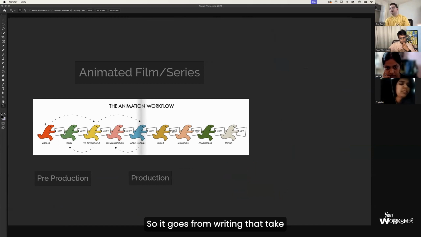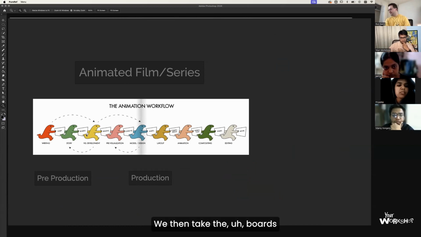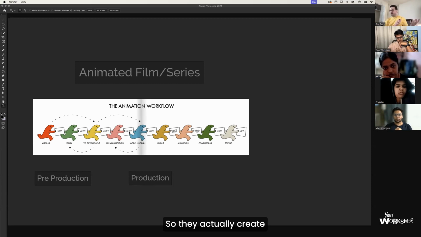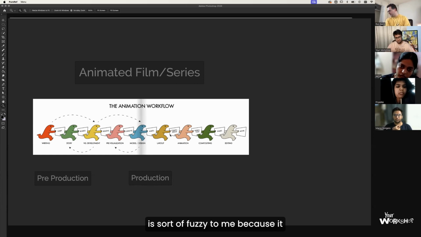So it goes from writing that takes the script to storyboard artists, who then take the boards to visual development. And then they take the designs to previs, which is sort of like blocking out of 3D models. And then the modelers take those rough blockouts and they actually create the final designs, then layout, animation. All this is sort of fuzzy to me because it doesn't really apply to what I do. So I don't know. I can't speak as much to these things, but these two and